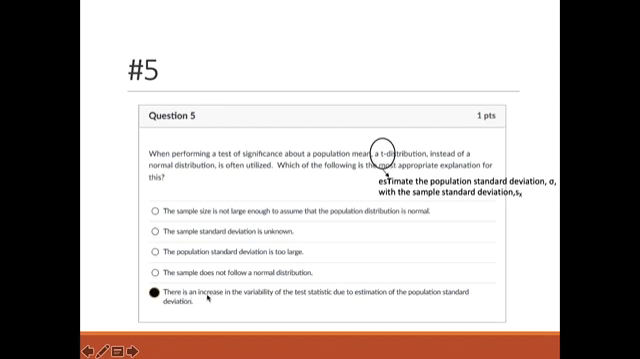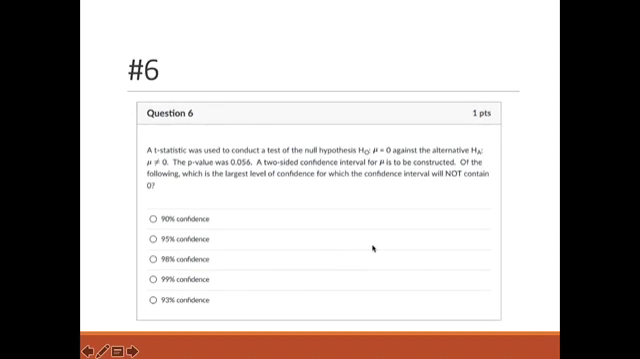That's the answer here: the increase in the variability of the test statistic due to estimating the population standard deviation with the sample one. That's why we have to use the t-distribution instead of the z-distribution, or rather the normal distribution. So for question number 6, you want to find the largest level of confidence where the confidence interval will not contain 0. So this is about